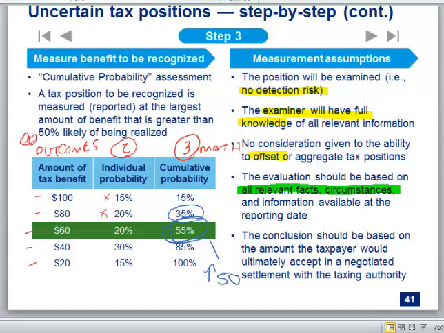Okay, so key takeaways. So recognition, right? You have to say you have a winning position or you reserve the whole thing. Measurement, this is you saying, okay, I think I'm going to win, but now I got to figure out what's going to happen when I get audited. Where am I going to walk away with at the end of the day? Okay, that's the key takeaways. All right, let me just pause there. Questions on that?